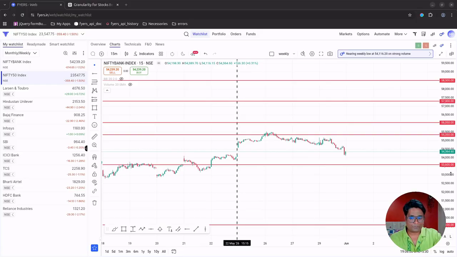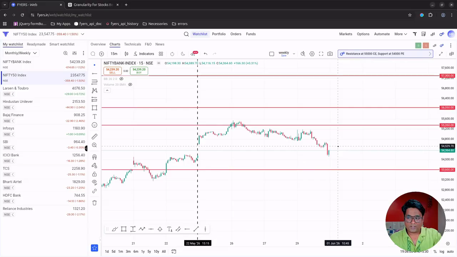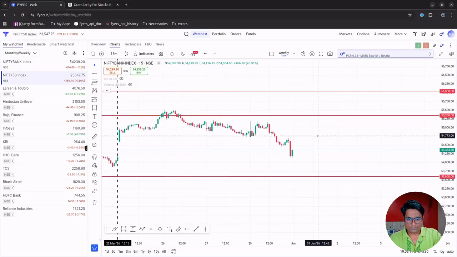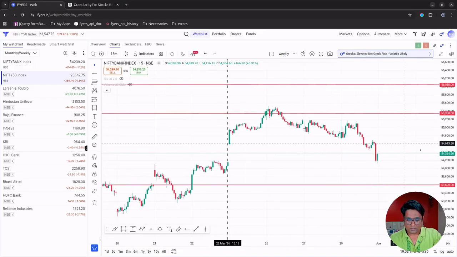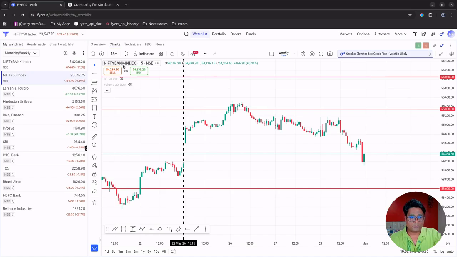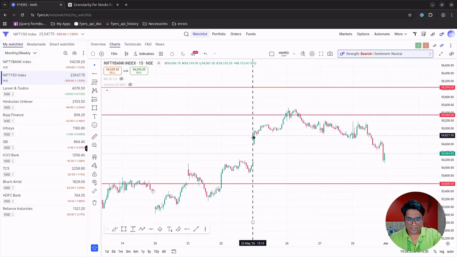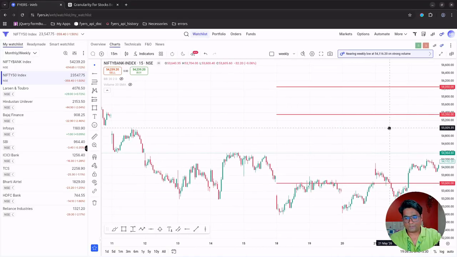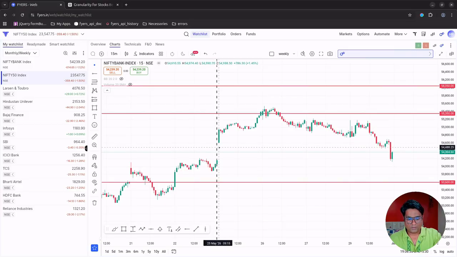Sorry, this is Nifty 50. This is how the market has performed. There is some voltage fluctuation from my side. This is Bank Nifty. As you can see, at this dotted line I gave you the levels. The market was right here when I gave you these levels. This is how the market performed for the whole week, from 25th May to 29th May.